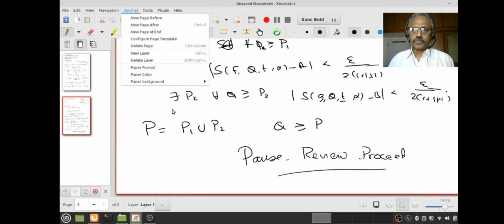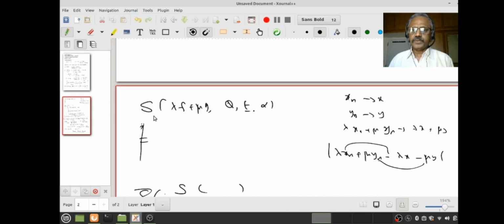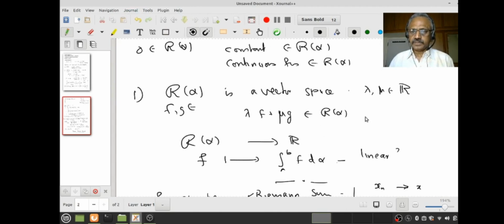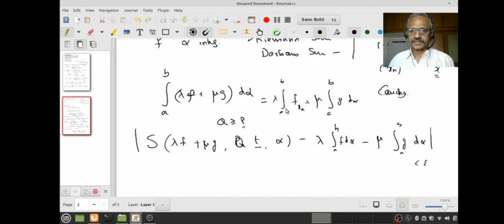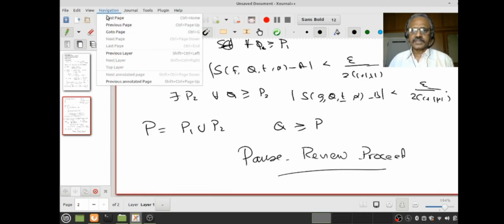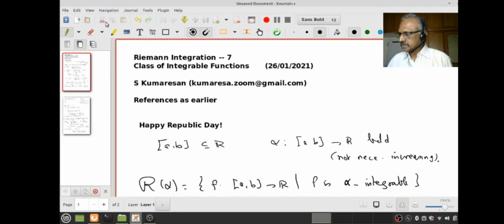So do you think I have proved both the things? What I have proved is that lambda f plus mu g is alpha integrable, and its integral is nothing other than lambda times integral of f plus mu times integral of g. So we proved both the things in one shot. So what is the next result? Next result is